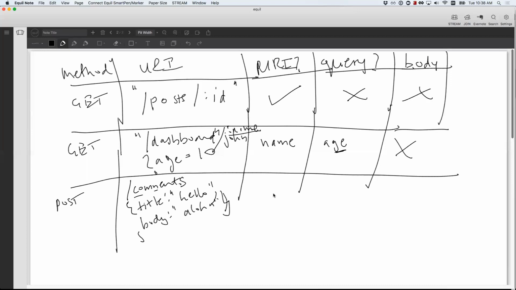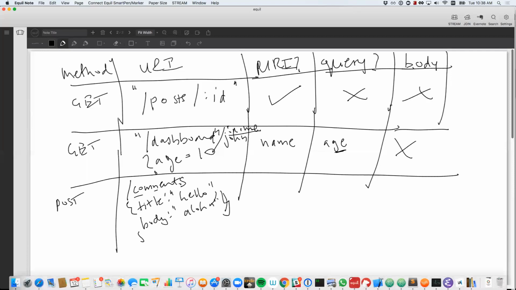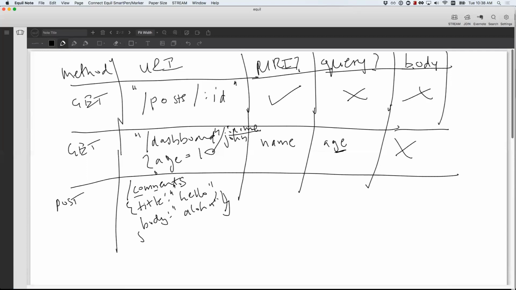Comments is what? It's part of the URI. Right, it's a URI, but does it have a URI parameter? No. Is there anything in the URI which can change? Think of parameters as something which can change, which are dynamic. So in this case, in slash dashboard slash name,